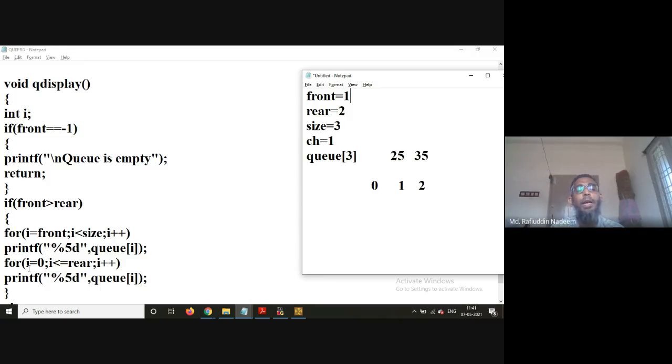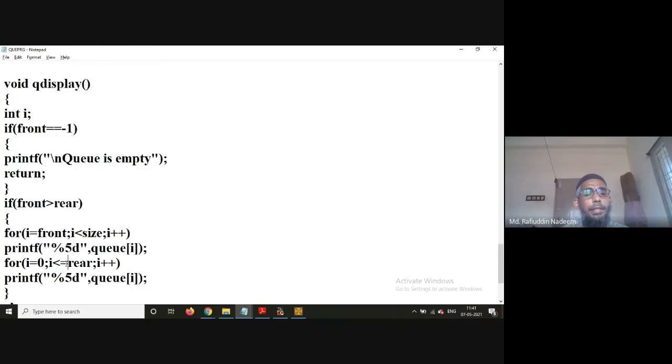And then for i is equal to 0, i less than or equal to rear, i plus plus, the remaining elements are displayed there. Understood? So when front is greater than rear, first those elements are displayed, and then the remaining elements are displayed. You can also work on this particular piece of code and see how the elements are displayed.